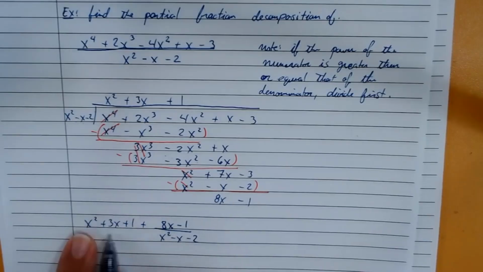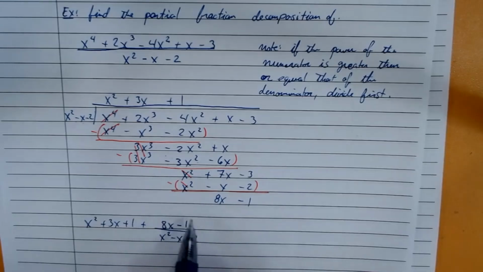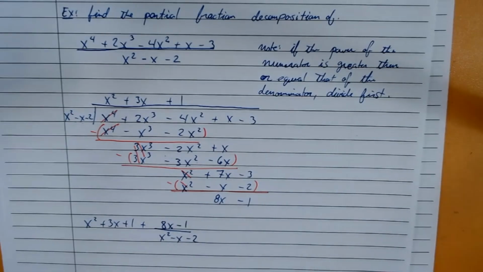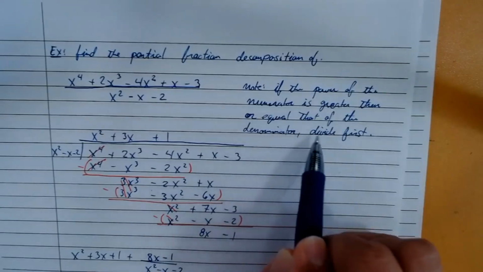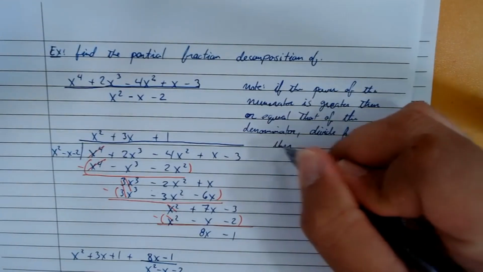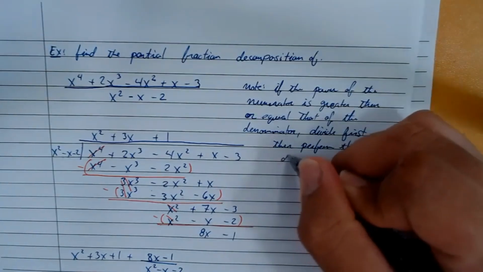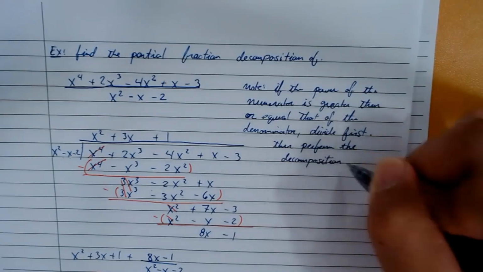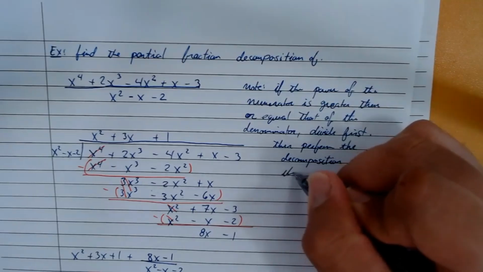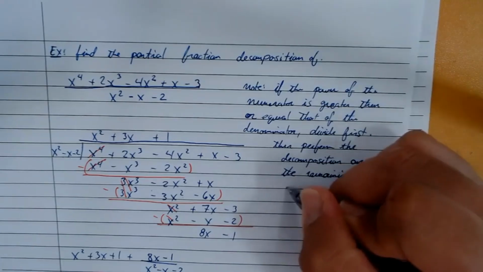It's not rational. So you don't have to worry about a partial fraction decomposition here. It's already the sum of stuff, this plus this plus this. All that's left now is to perform the partial fraction decomposition on this part. So note, if the power of the numerator is greater than or equal to the power of the denominator, divide first. Then perform the decomposition